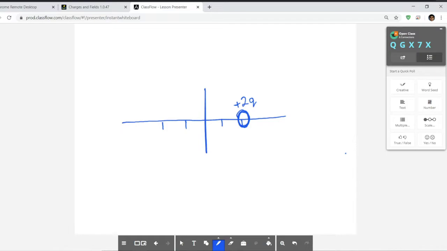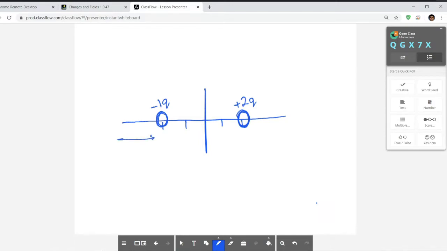So 2q, remember q is the variable for charge. We don't know how much, but it's 2 times whatever that is. And then over here, we will put a -1q. So again, similar to the question on Mastering Physics,